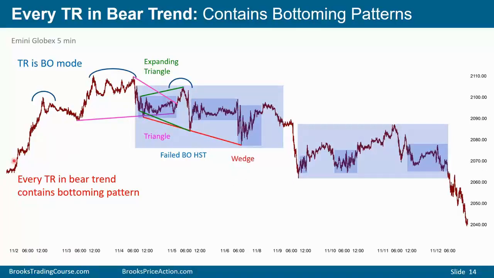3 pushes down, so a wedge bottom. Bear trend, constantly forming trading ranges, and every trading range has a buy setup. Another wedge, double bottom, higher low, major trend reversal, bear trend, strong bull breakout to a higher low, and this higher low is a double bottom. The bulls got a swing up, but not much of a bull trend. It lasted about a day or so. Always in long, but still in a broad bear channel. Another attempt at a higher low, major trend reversal, bear trend, bull breakout, two legs down to a higher low, and it became another bear flag.